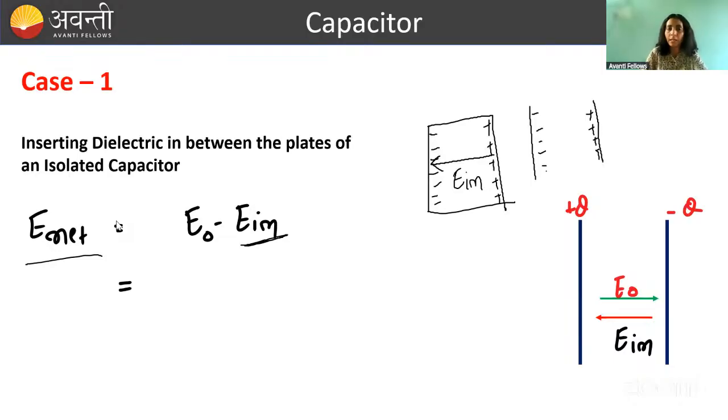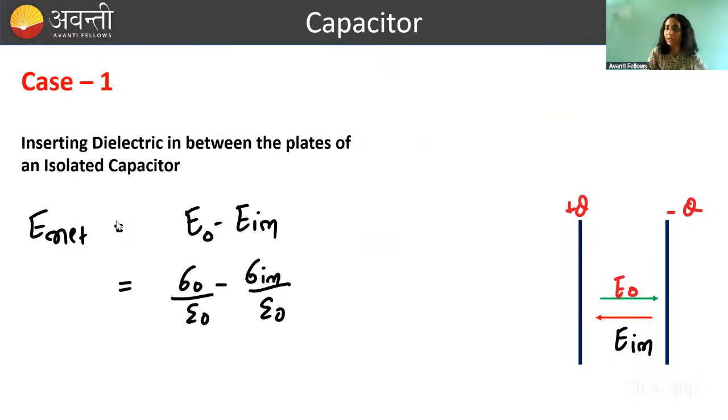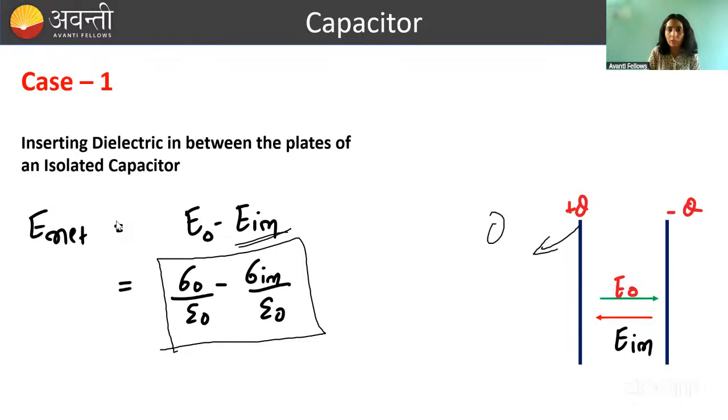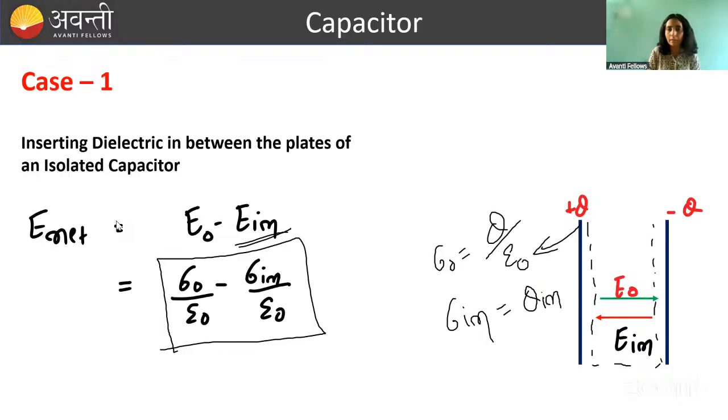induced charge, right? So what will you write for E naught? Sigma naught by epsilon naught. What will be E induced, the induced electric field? That is sigma induced by epsilon naught. Okay, are you understanding these two things? So what is sigma naught? It is Q by area. What is sigma induced? This is the charge induced on the surface of the dielectric, divided by